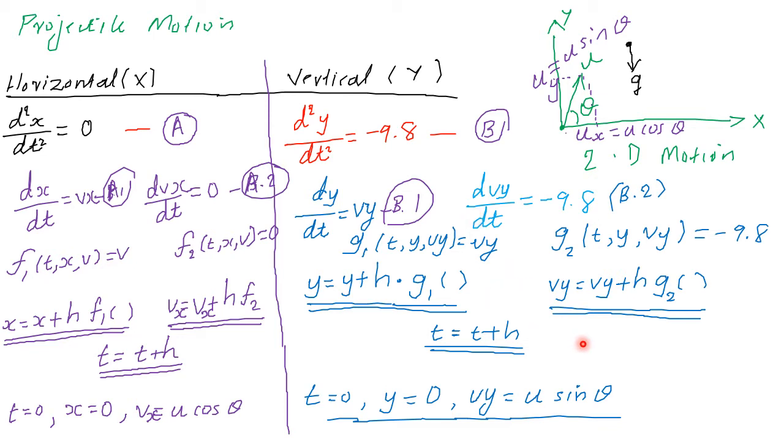So what are the iterating steps? You calculate new x, new vx, new y, new vy, then new t. So you must iterate these steps: this one first, second, third, fourth and fifth, because you need not do this t equal to t plus h twice. Okay, so this is how we simulate projectile motion using Euler's method. Hope you understood. Let me consider the algorithm.